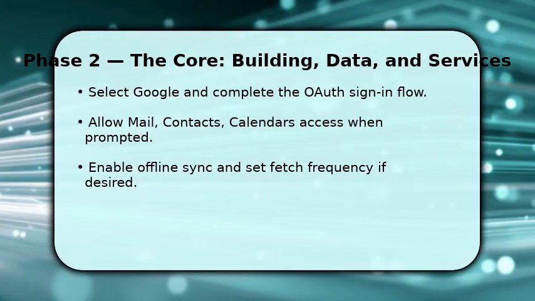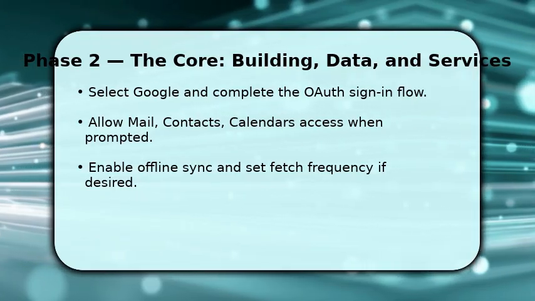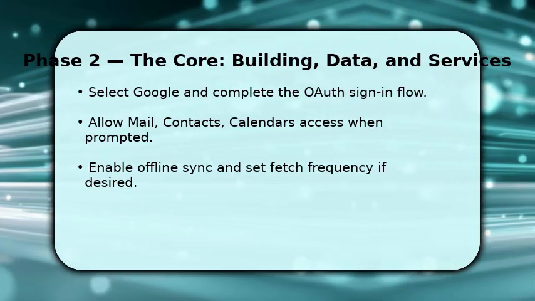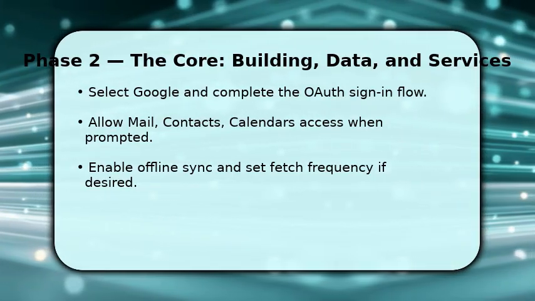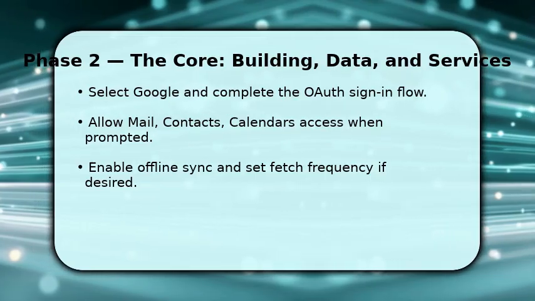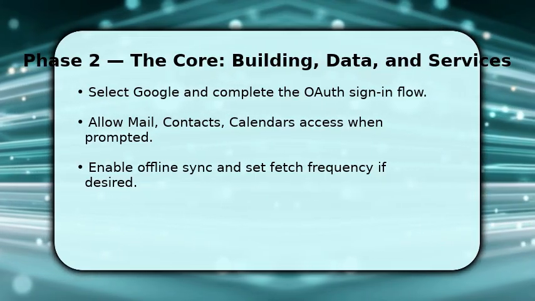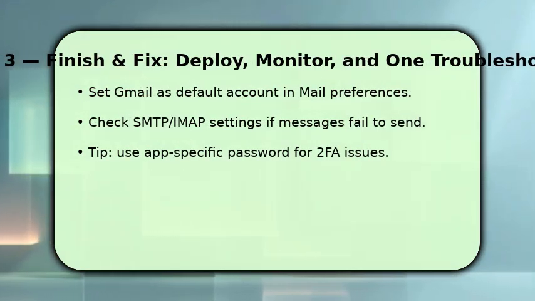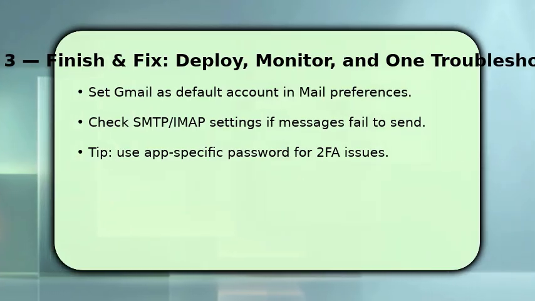Then open Mail, give it a moment to download headers and messages, and adjust fetch settings in Mail Preferences accounts. You finish by setting Gmail as the default sending account in Mail Preferences if desired, and verify sent mail uses the correct identity. If messages fail to send, check SMTP server settings: smtp.gmail.com, port 465 or 587, and